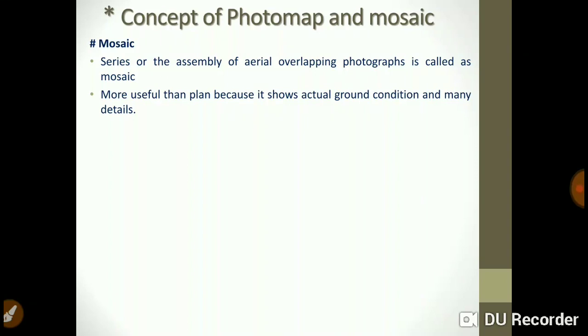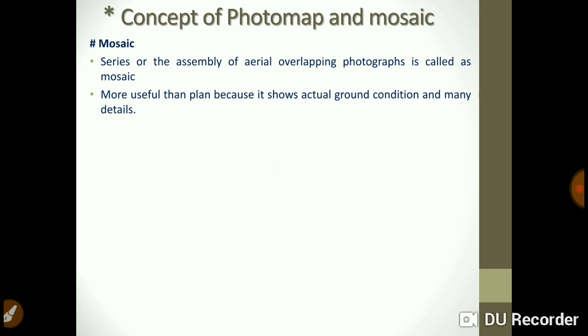A mosaic is a series or assembly of overlapping aerial photographs. Now understand the exact difference between photo map and mosaic. A photo map is a single photograph and a mosaic is a series or assembly of aerial photographs. So here it is not a single photograph, it is an assembly of different aerial photographs.